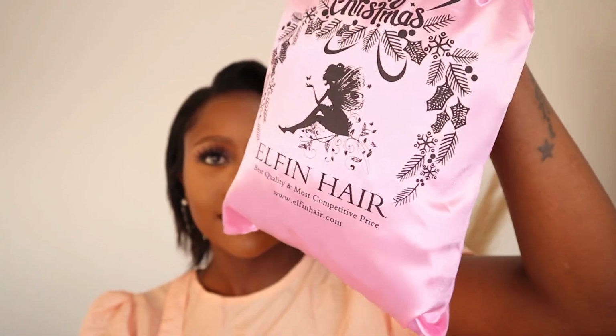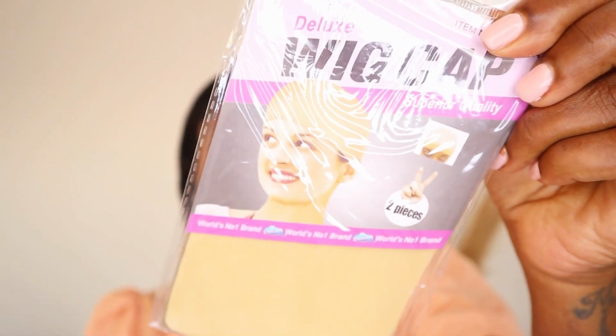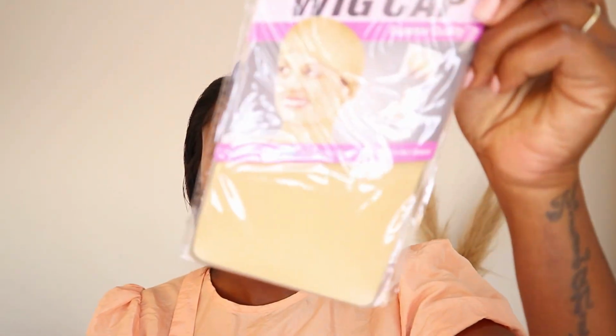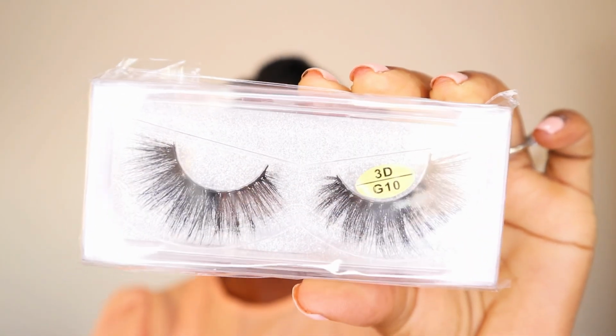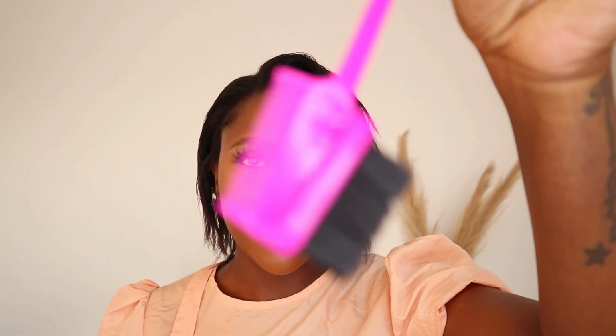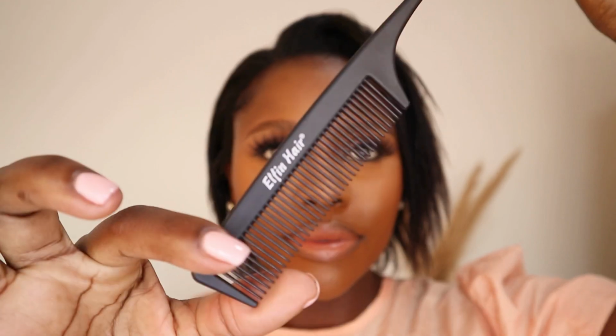On today's video I share with you this beautiful V-part glueless wig from ELFINHAIR. The package came in this beautiful pink box. This is the actual unit and some extras. We always need wig caps, and they also added a pair of lashes, a beautiful edge brush. It has a combination of a brush and a comb as well as the spatula, and then a red tail